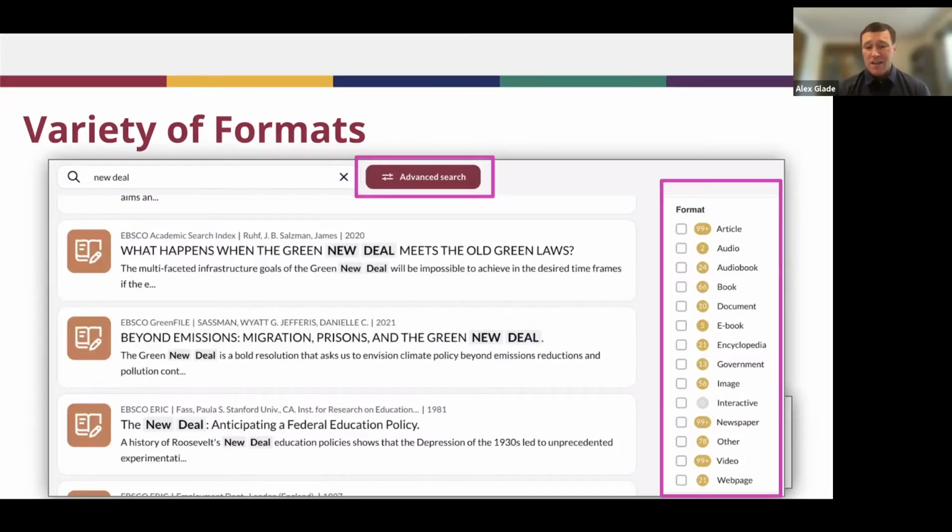Now you'll notice there's not necessarily a primary source format category, but a number of these could include primary sources, especially things like the newspaper format. Those are going to be primary sources. Many of the government file types are going to be primary sources, as well as a lot of the images and some of the documents. So these are some great ways to narrow it down. And as we said, they won't necessarily have everyone in that category be primary sources, but that's going to give you a lot of primary sources by narrowing down your formats. Great. Thank you for adding that.